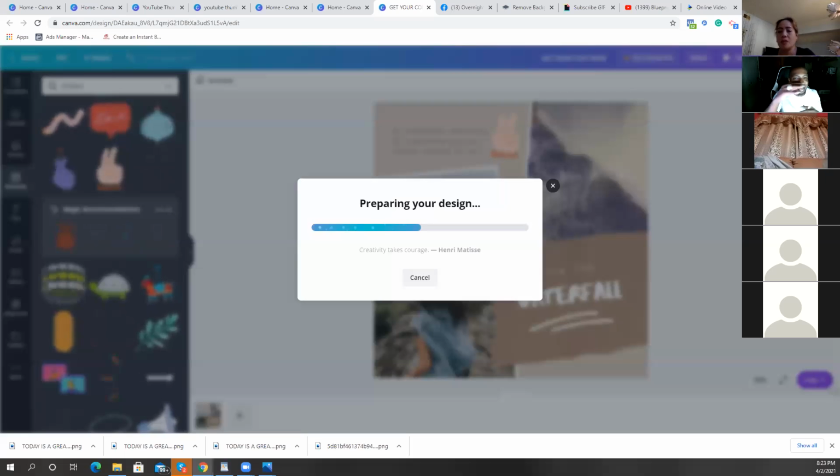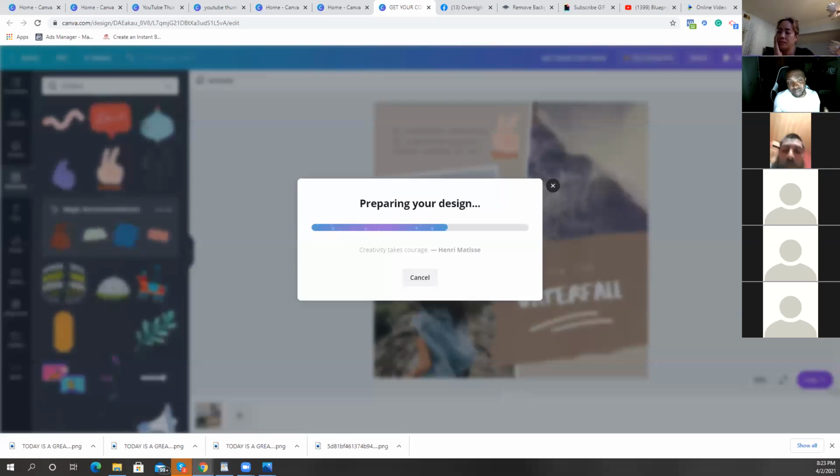You can't really size pictures in a certain way. The text format has to be done a certain way. It's very limited to what you can actually do using Google Docs. So if you're going to make an ebook, I strongly suggest you use Canva, or at least take your